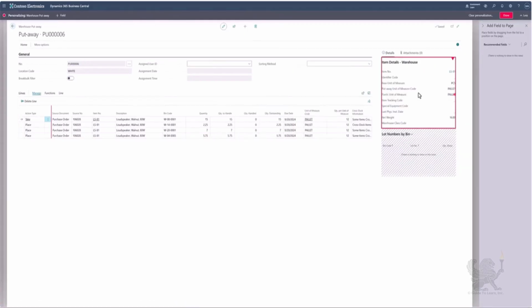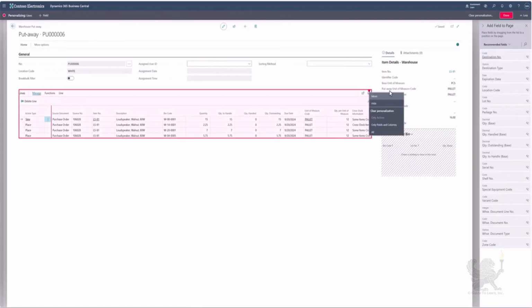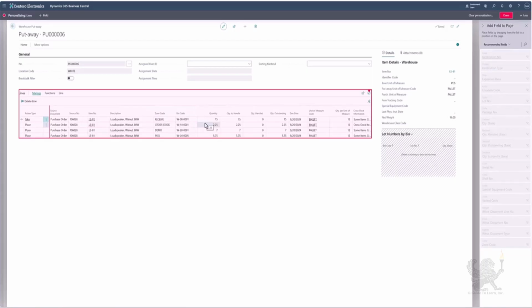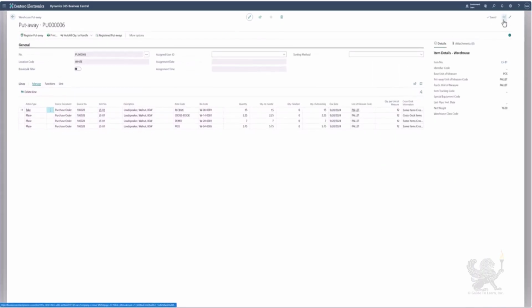Okay, I will add the zone field. It's here, and I will place the field zone near the bin. And I see here that I will put